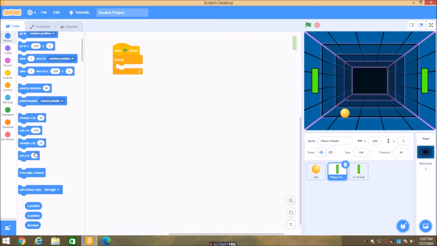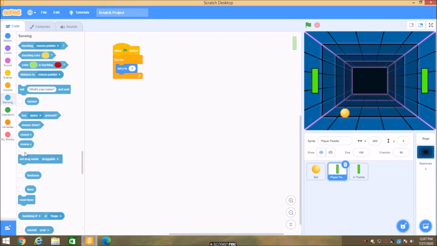So here it is the set y to option, set y to 0, and from the sensing option you will have an option mouse y. Set y to mouse y, so that wherever my mouse cursor is, there it will go. Yes, you can see here where my mouse cursor is, it will go there only. Yes, now it is working properly.